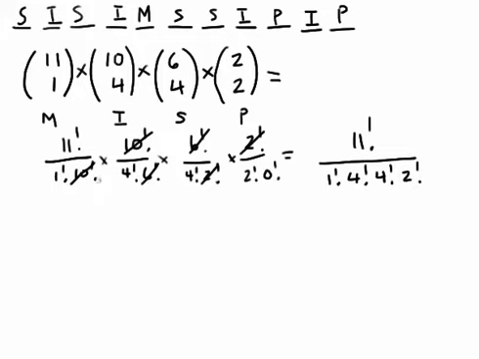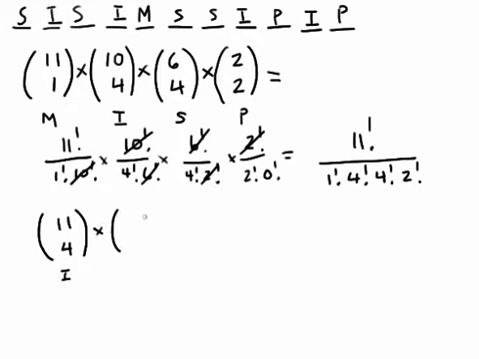Okay, now you might be thinking, would we get a different answer if we had done it in a different order rather than choosing M, I, S, and P first? Well, let's do it differently. Let's do I, P, M, and S in the 11 positions. So we have 11 positions, and we have 4 I's, so there are 11 choose 4 ways of putting in the I's,